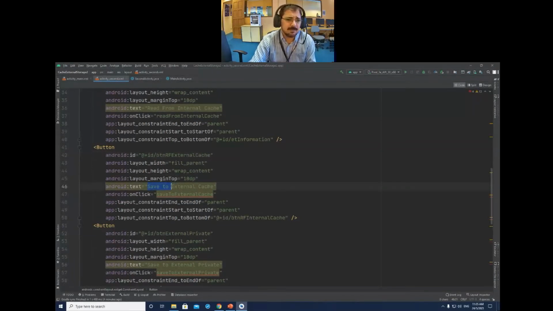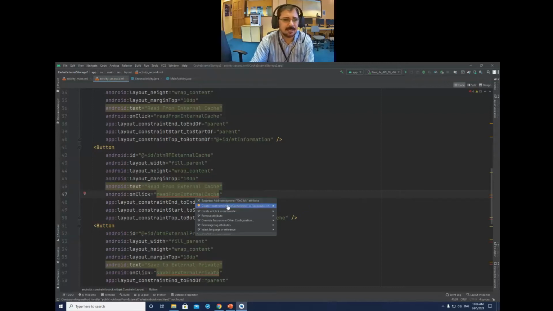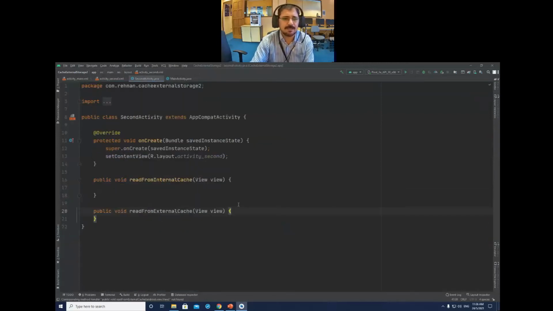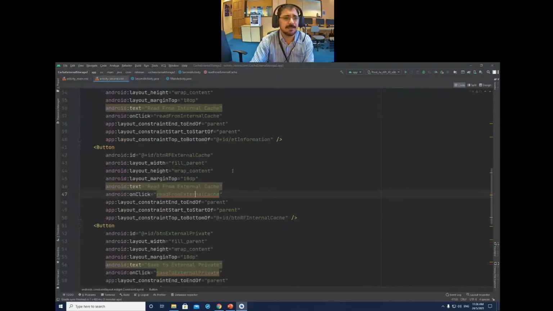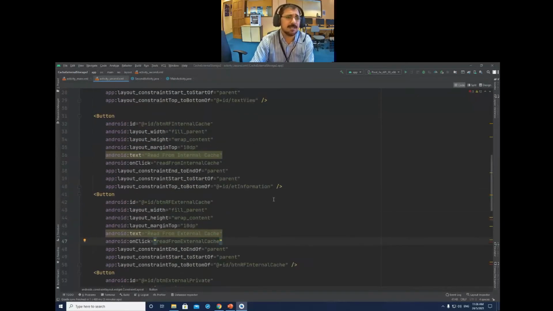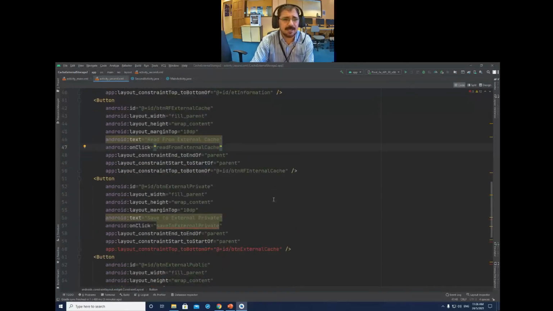But this one, the text we should change to read from external cache, and the event name should also be changed to read from external cache. When we change this one, we will get an error message to create the method. Yes, create the method in main activity. Done. Second button done. Read from external cache.